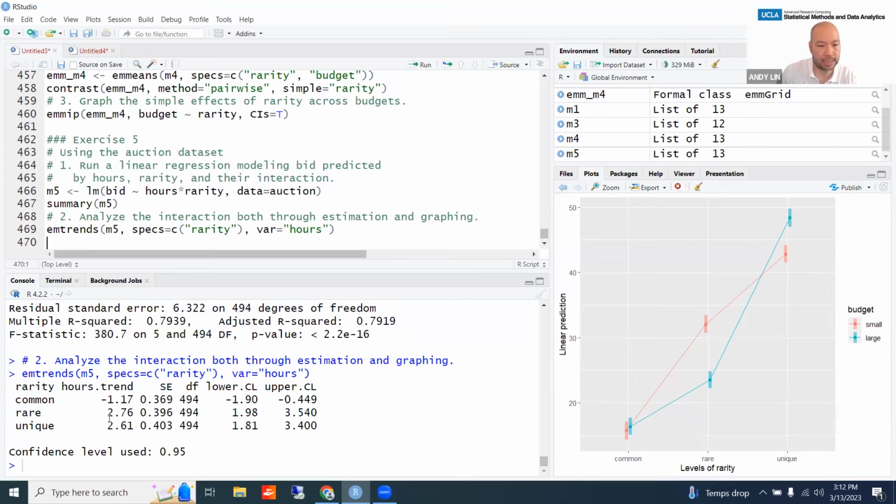Right, so we can see that the slope of hours is positive for rare and unique items, but it's actually negative for common items. Right, so this is the interaction: the slopes are not the same across levels. Or I can estimate the effects of